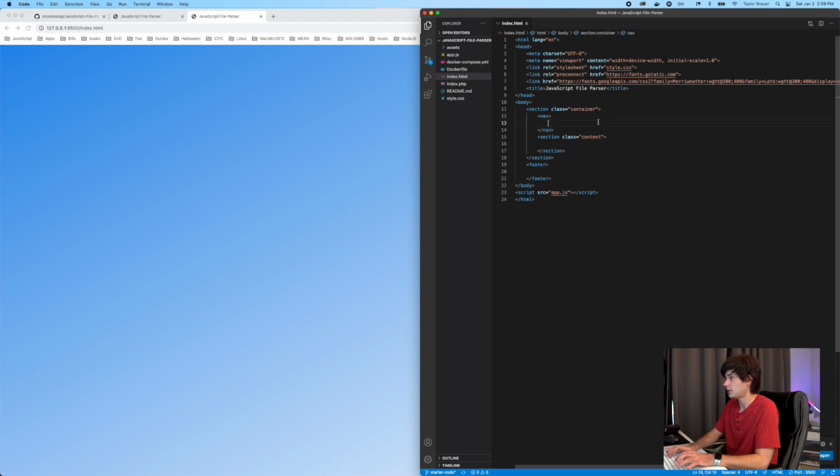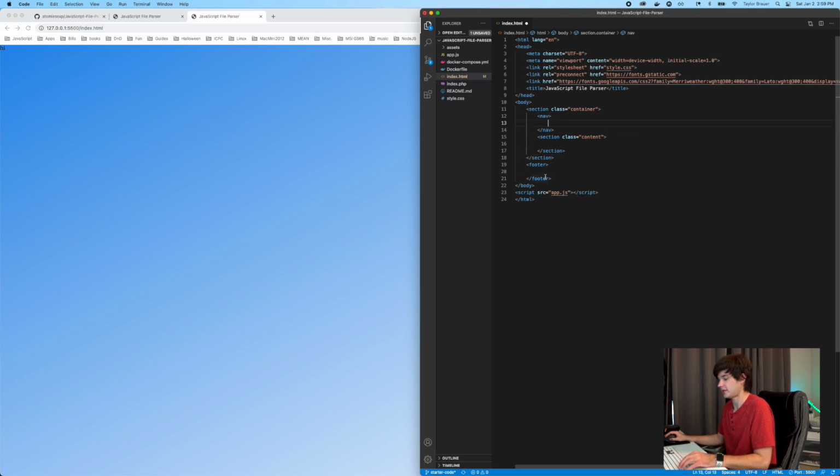Okay, so now whenever you make changes to the code, it will automatically update. Like if I say paragraph, hi, save, you can see we have hi there in the corner. Okay, cool. So now that we have pretty much everything set up there, let's go ahead and explore what we